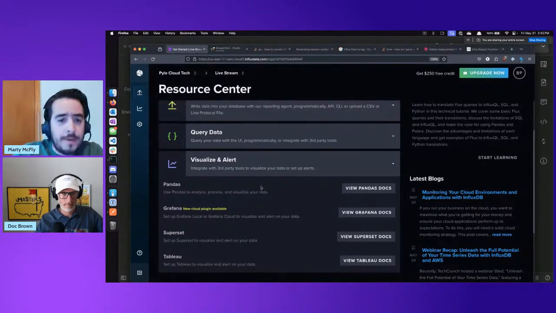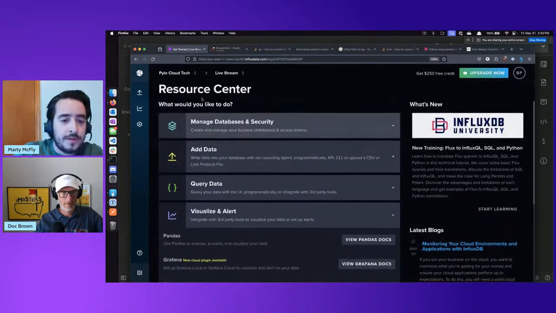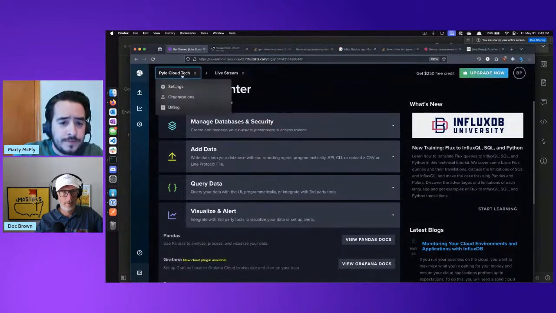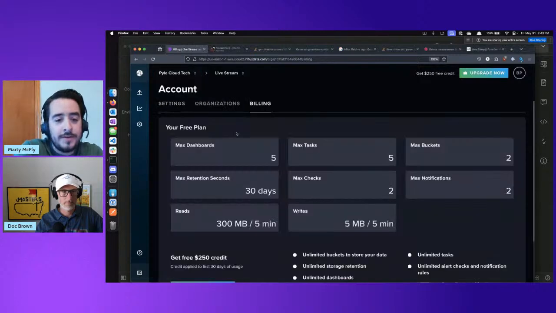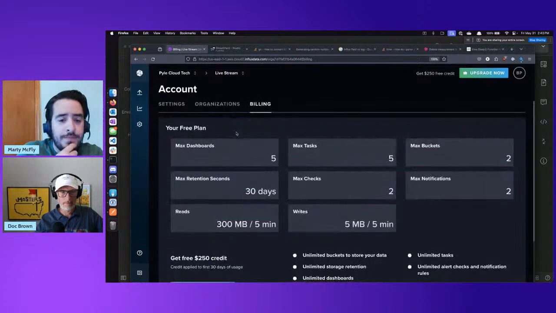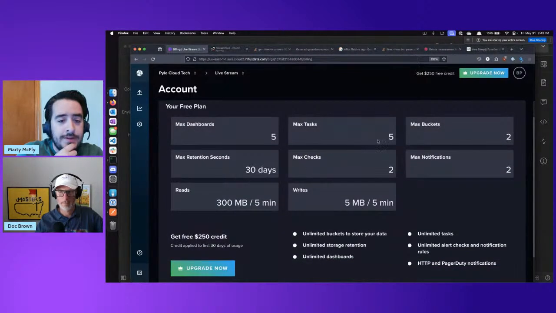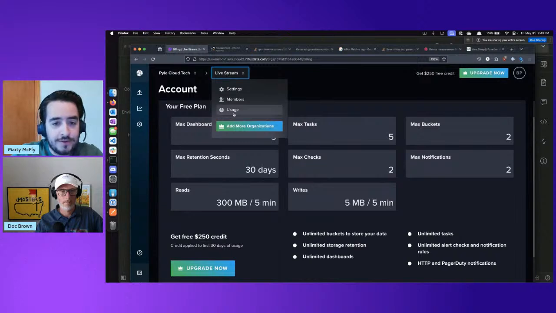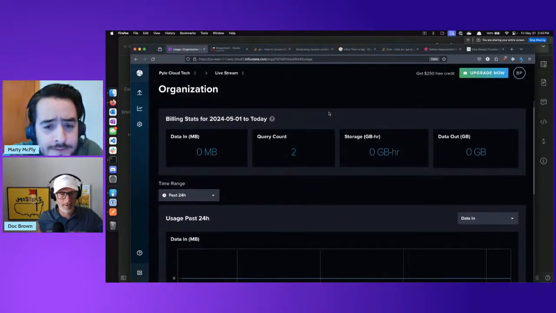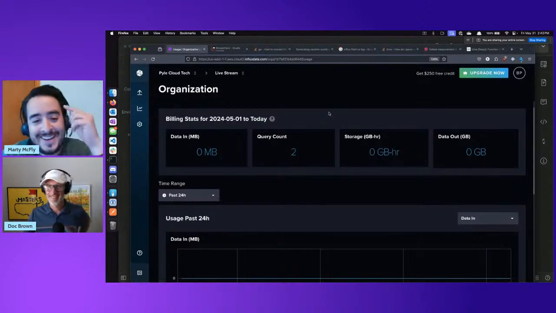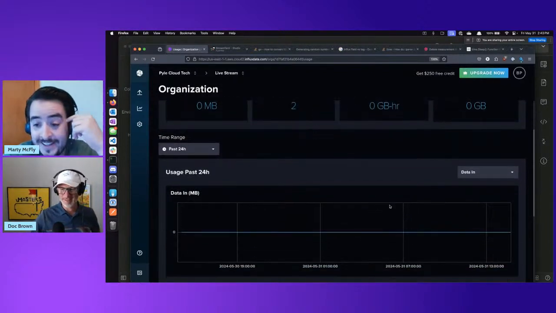And if you go up a level, from Livestream to Pile Cloud Tech, there's billing. Click that. There's usage. Yay. Not very up to date. It's not live usage, that's for sure.